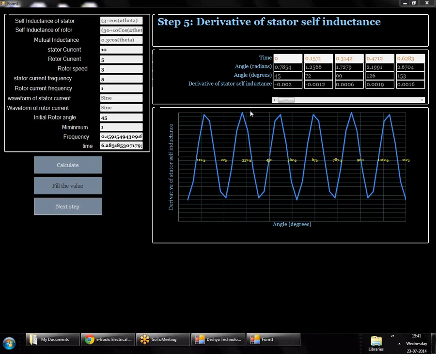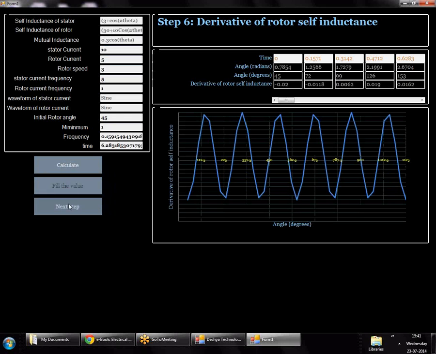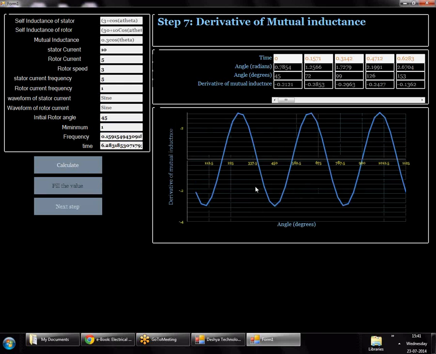So we have here the derivative of the stator self-inductance. Then the next thing that we have to determine is the derivative of the rotor self-inductance. Rotor self-inductance is given by the expression 30 plus 10 cos 2 theta here, and its derivative is calculated. Then we go to the next part, which says derivative of the mutual inductance, and here we see this is